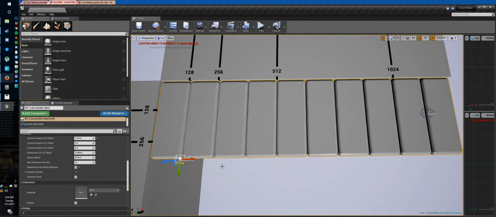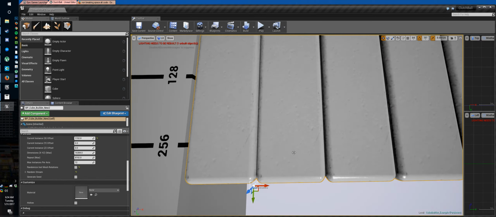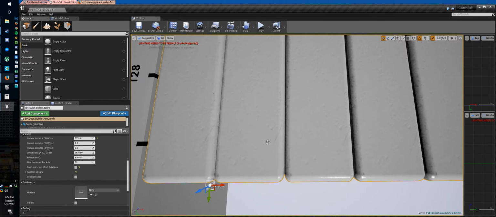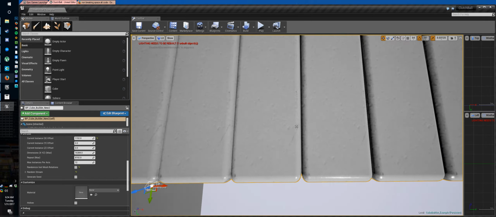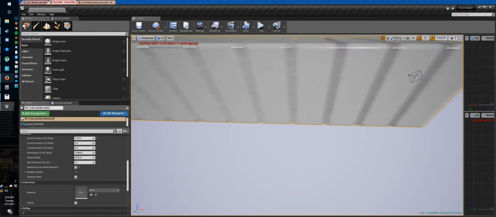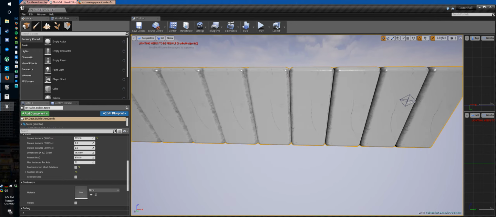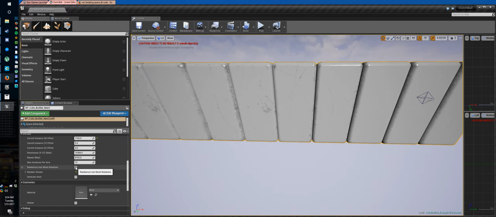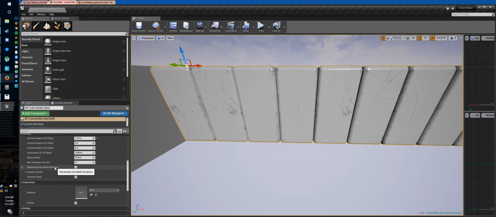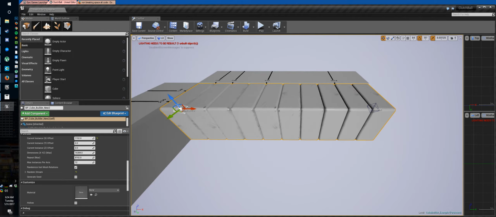And I believe I have a checkbox in here somewhere. Randomize rotations. So yeah, if I uncheck that, in this particular instance, okay, so you can see a little scratch here. There's the same exact scratch, and so you can see how the pattern repetition is very obvious. There's the same exact scratch on every single piece, and so by just check marking that randomized rotation, it rotates the mesh in